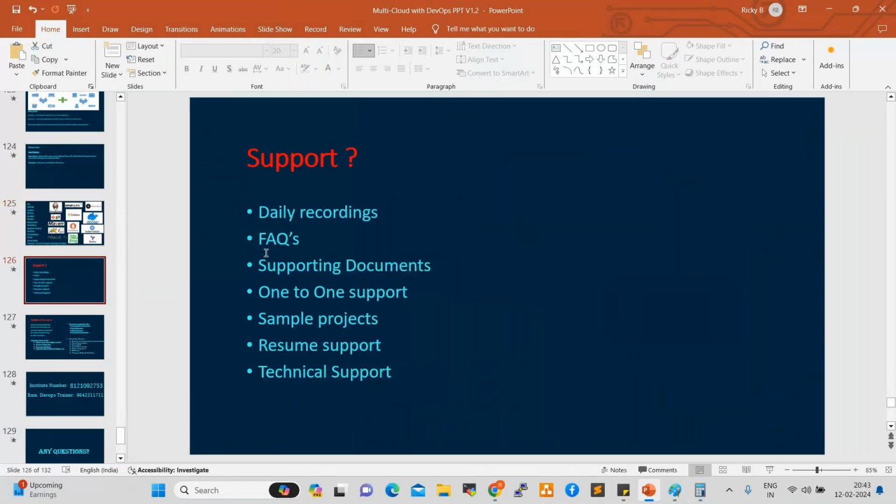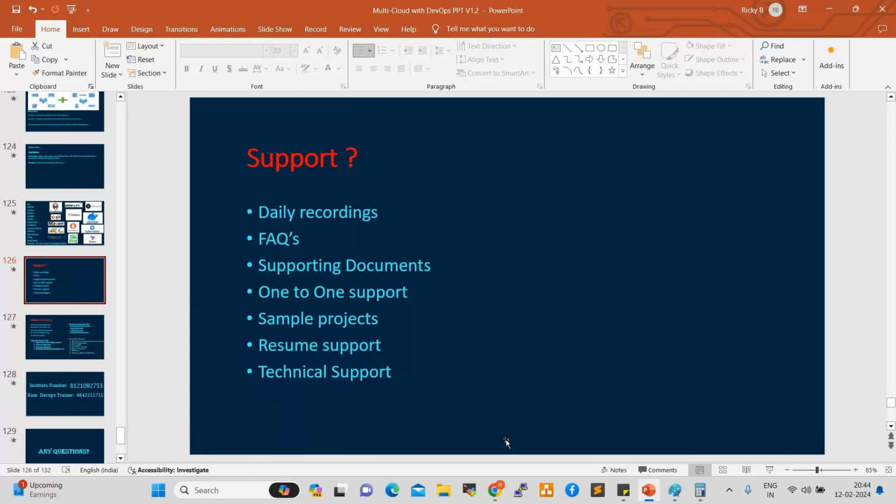What support do we provide? Daily recordings will be provided, along with FAQs, frequently asked questions, supporting documents, and one-to-one support. For example, while practicing, if you face any issues, you can take a screenshot and post it into the group.